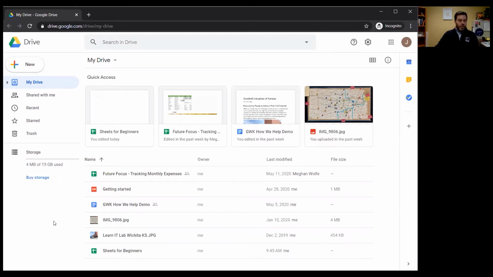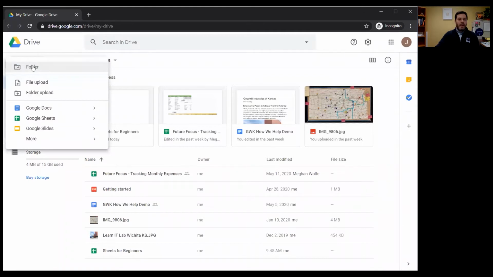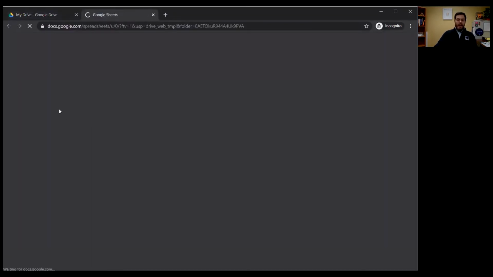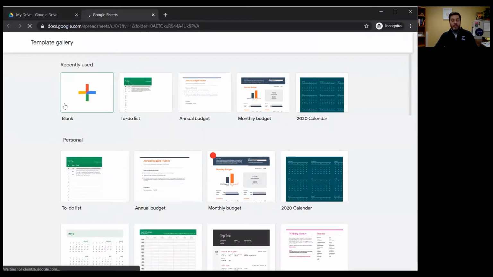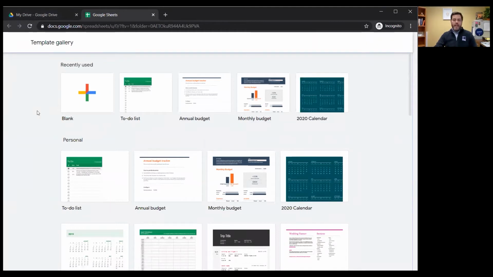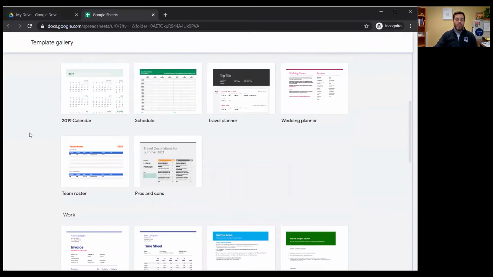So I'm in my Google Drive here, and I do have a number of options on how to create that first sheet. We can click up here on our new button. Sometimes I accidentally click on folder. We come down here to Google Sheets, and we hover over that little arrow button there, and we can create a blank spreadsheet or from a template. And like always, templates are a real time saver, and you can jump right into a monthly budget and start putting in your numbers and working with a budget